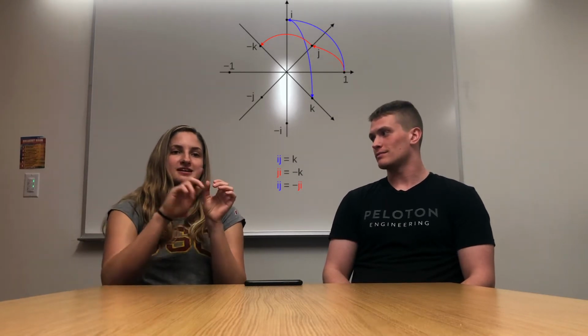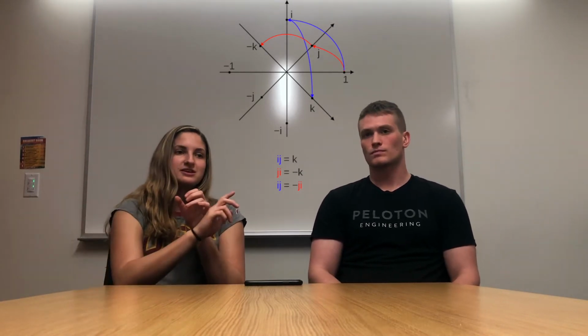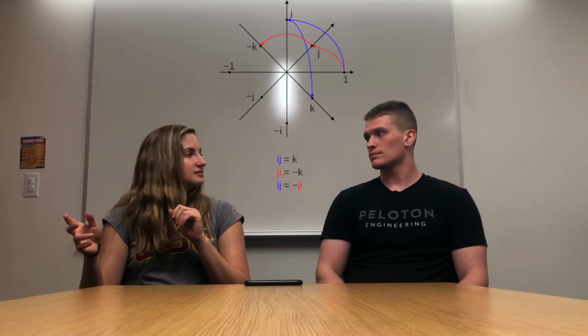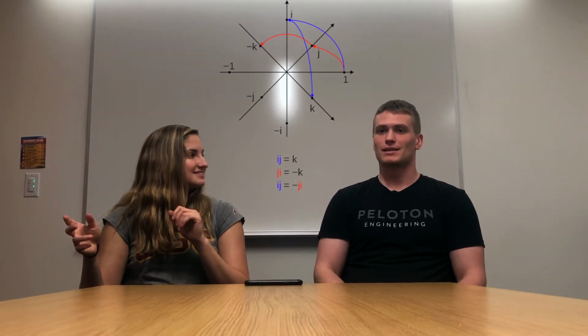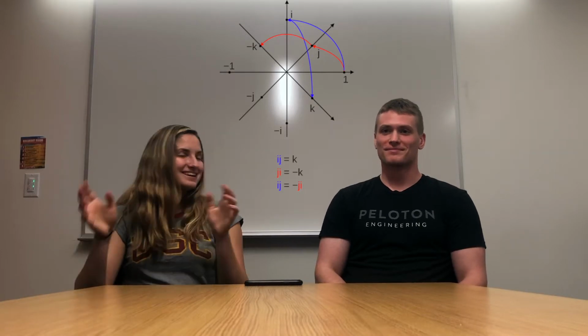Yep, and then we get KI equals J, and then we can also get JK equals I, right? Is that how it works? Yeah, it's the same thing as I equals JK. Yeah, either way,